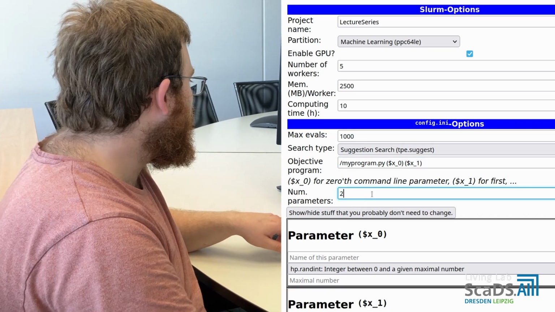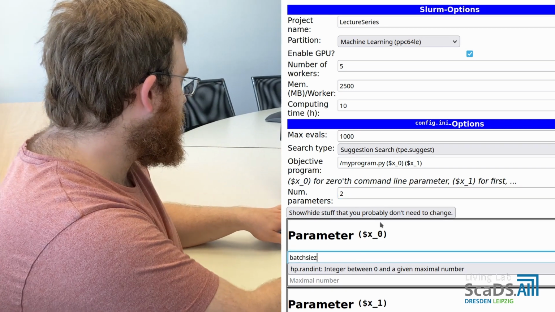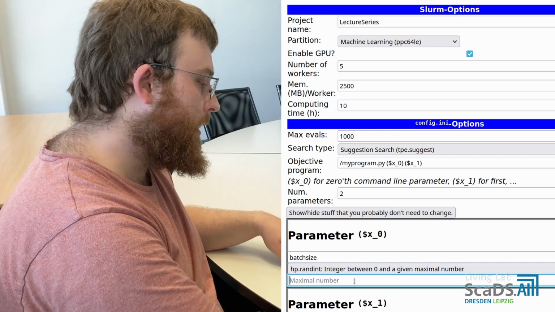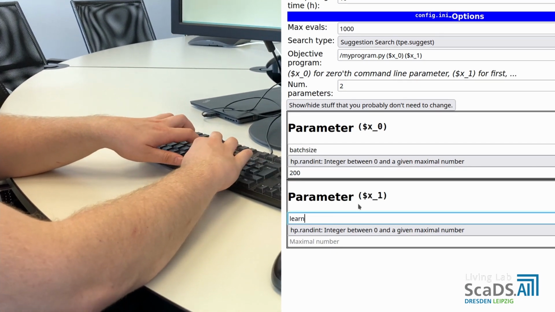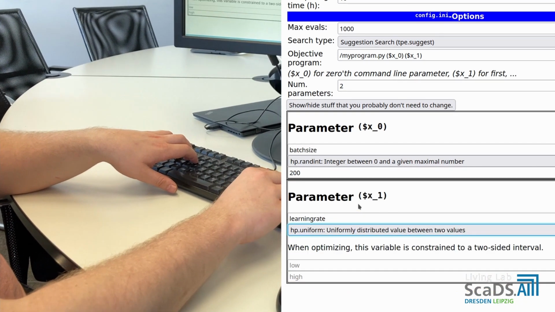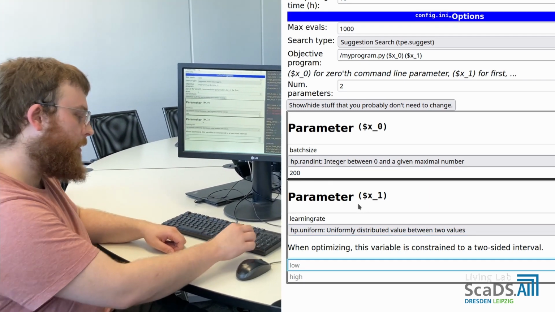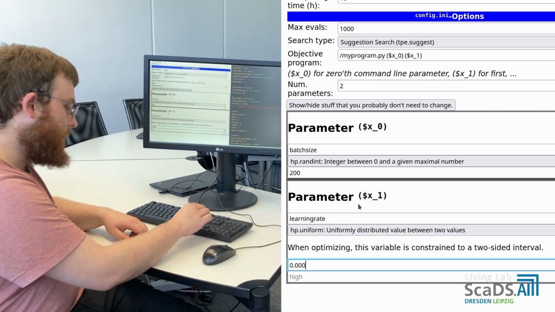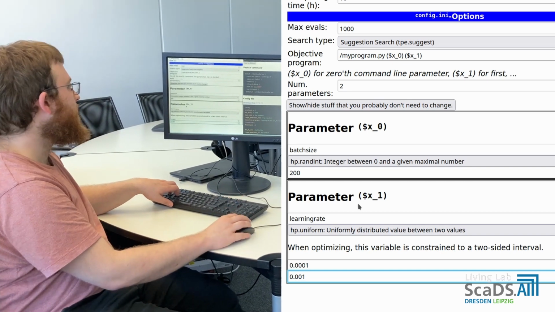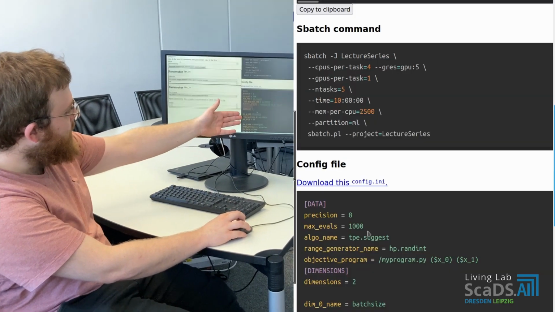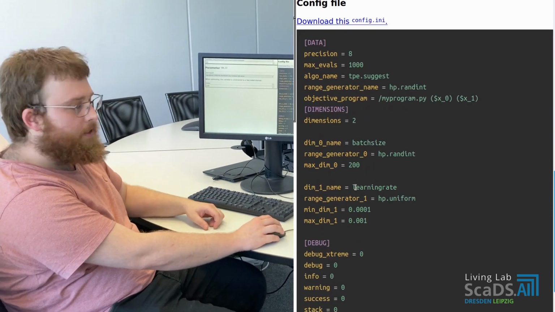Let's use batch size as the first parameter with a maximum number of 200, and the second parameter learning rate, which is a uniform parameter between 0.0001 and 0.001. And now, as you can see, it automatically creates a config file which OmniOpt uses to optimize the program,